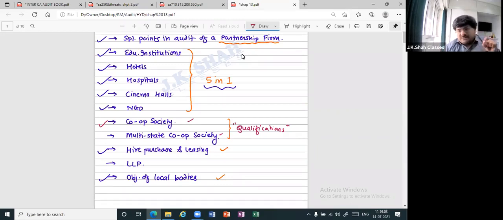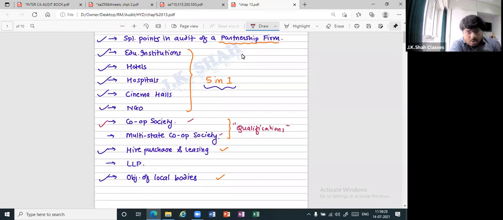The auditor of a cooperative society always has to be a chartered accountant. Incorrect. I hope guys, it is not only a chartered accountant, it is anything more than that also. What are the others? Anybody holding a diploma in cooperative accounts or anybody who worked in the government in the cooperative department. If you are either of these, then can you be appointed as auditor of a cooperative society? Yes. This is most important.